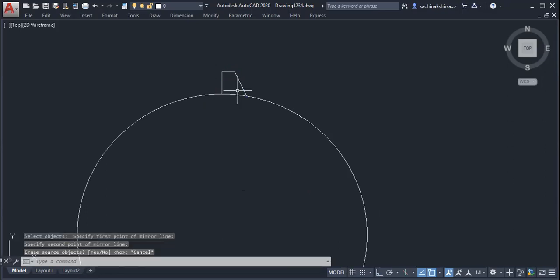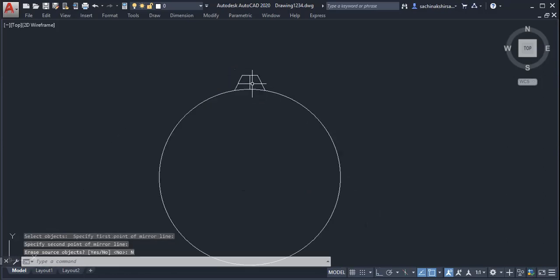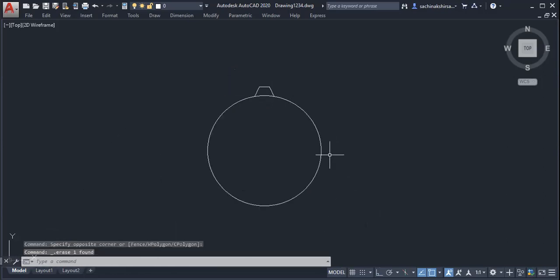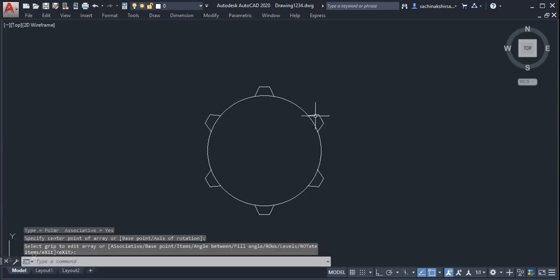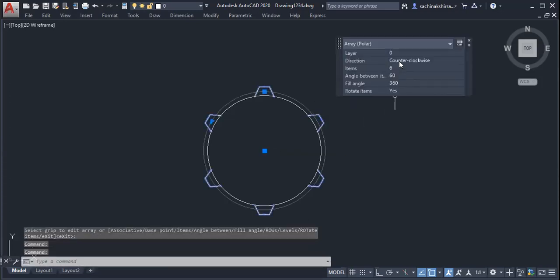For example, I will show you immediately how it is. One of the teeth I have drawn here, one tooth for the gear. Now we can use the array command here, and we can make it multiple times, something like this. Then number of items, suppose we want to increase, I will make it 12.